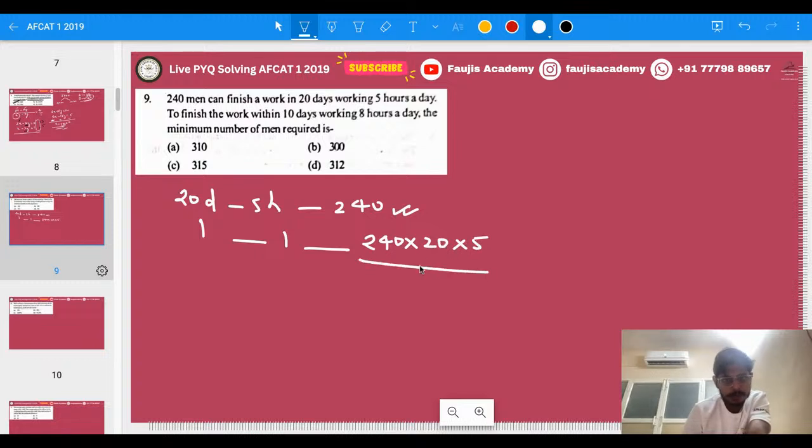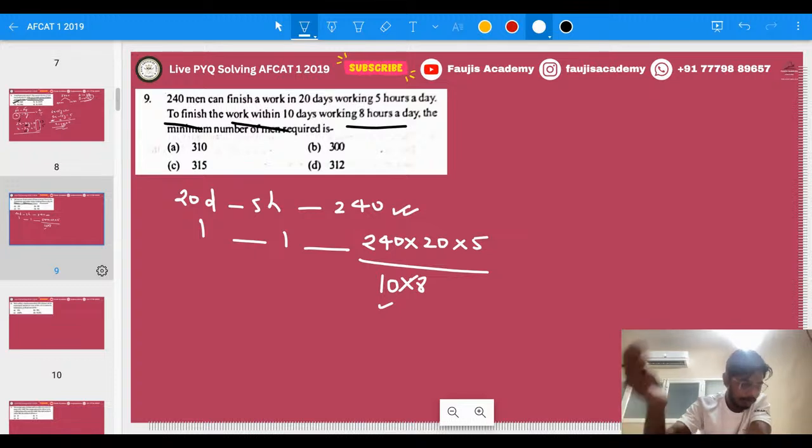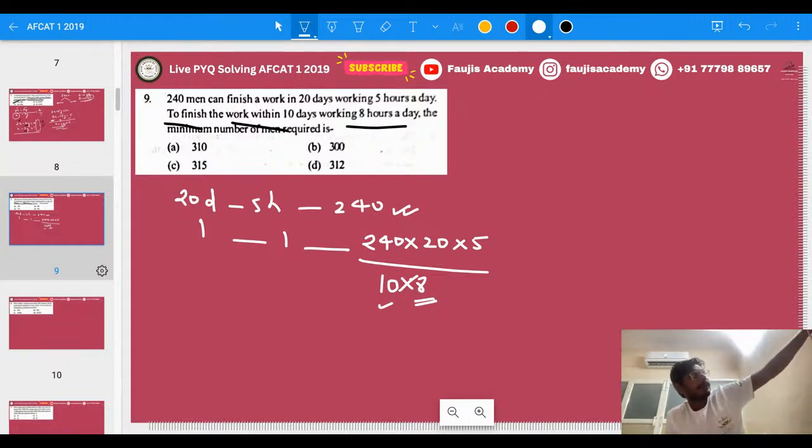Right? Okay, and now they have said to finish off the work in 10 days and 8 hours, right? So 10 days and 8 hours, can we simply write it in the denominator? Why? Because with 10 days, you have more number of days, so you will need less number of people. That's why we are writing it in the denominator. Okay, and now you can work for 8 hours. Earlier you could work for only 1 hour, right? Okay,